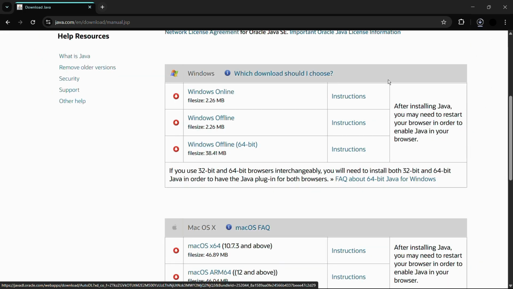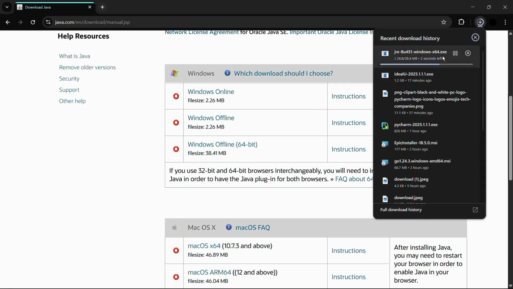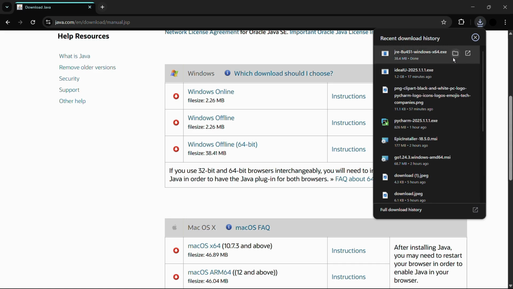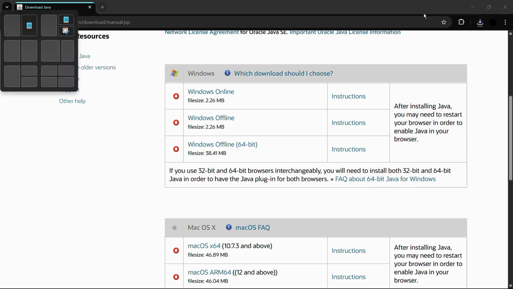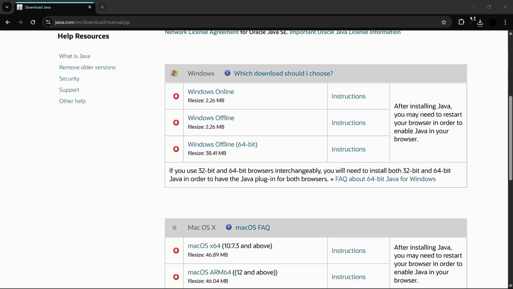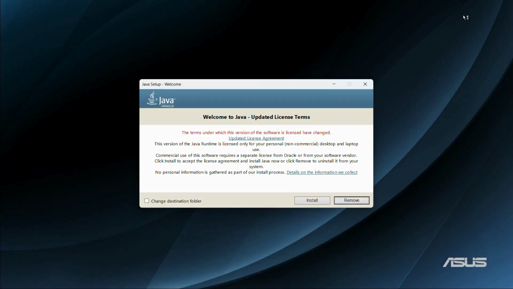Once I click here, you can see that the download for Java has started and it has also been successfully completed. Now let's click onto this open button to start with the installation process. You might need to click yes if a dialog box appears asking for permission, and here is the Java installer setup. Now from here you need to agree to the terms of agreement